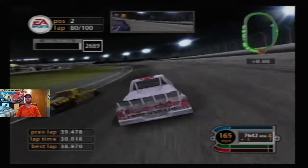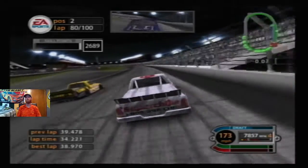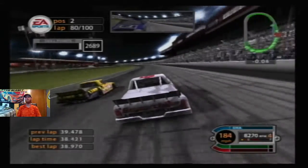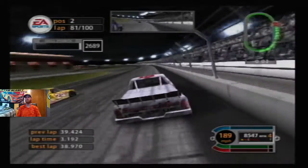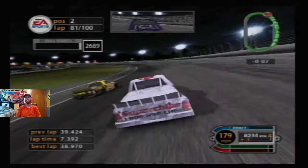And now Quaffle all of a sudden is going to get to the inside of Edwards for the lead. Can he clear off of turn 4? Not quite. Edwards has a little bit of help from behind, a draft with Hamilton. And now he side drafts the right rear quarter panel of Quaffle. Quaffle leads barely with 20 laps left here at